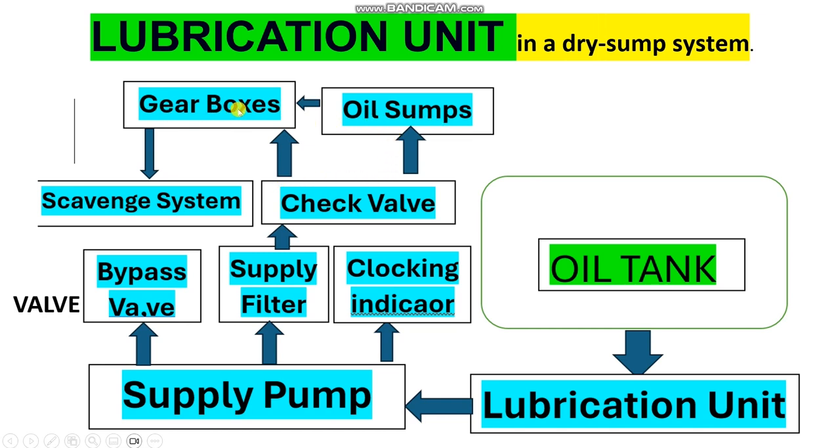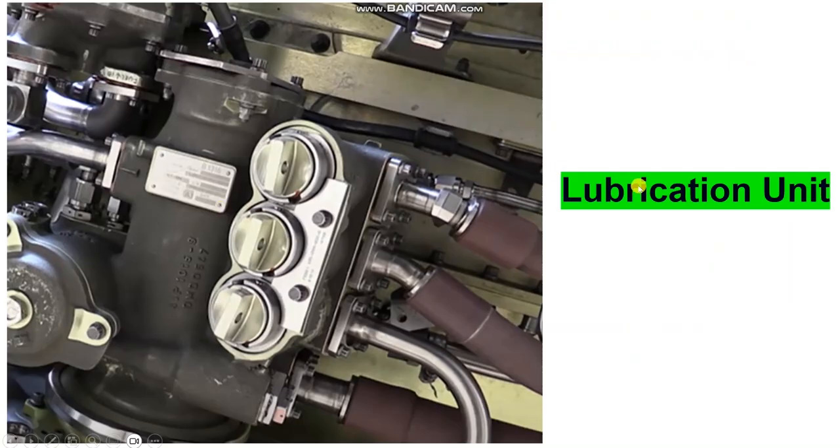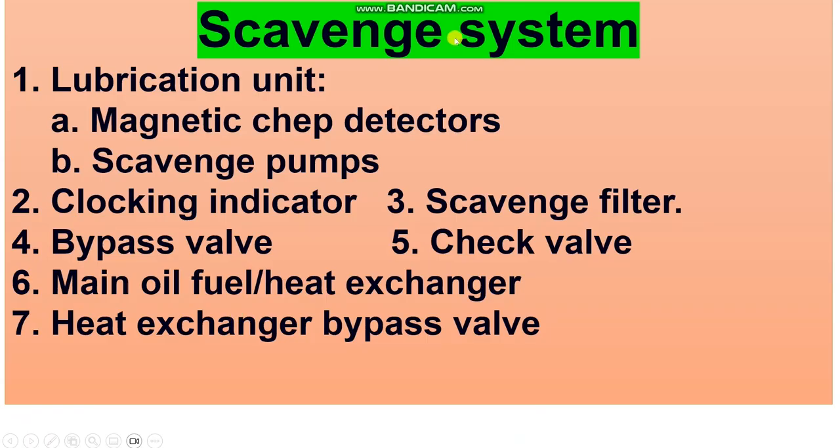Here the gearbox. Here are the bearings. Here the gearbox and also gears. Then return to the scavenge system. This is the lubrication unit. You will see it by these three magnetic chip detectors. This is three. The scavenge system and the lubrication unit,